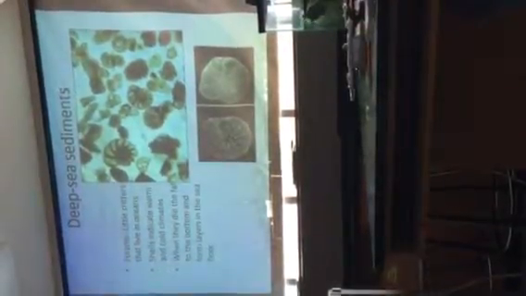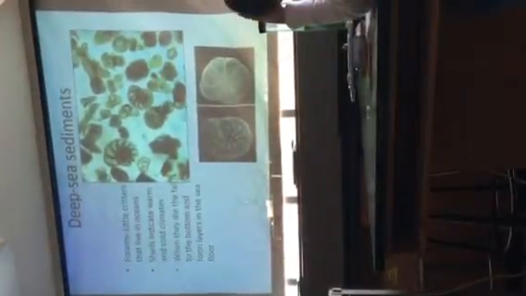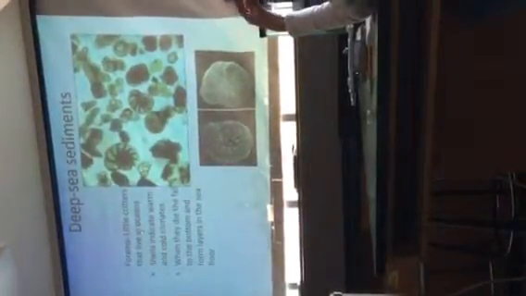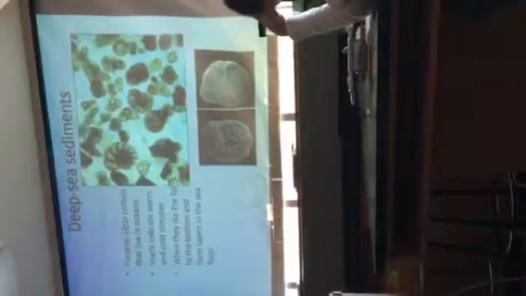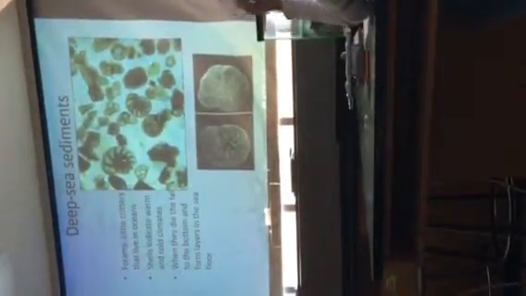So, when I ask you what's a second type of proxy data, an accurate answer would be deep sea sediments, or forams, are a second type of proxy data. And they tell us the climate by which direction their shells are swirling. One direction tells us warm, the other direction tells us cold. And they tell us the time because we dig them up out of these sediment cores in the bottom of the ocean, and the deeper down in the layers they are, the older they are.